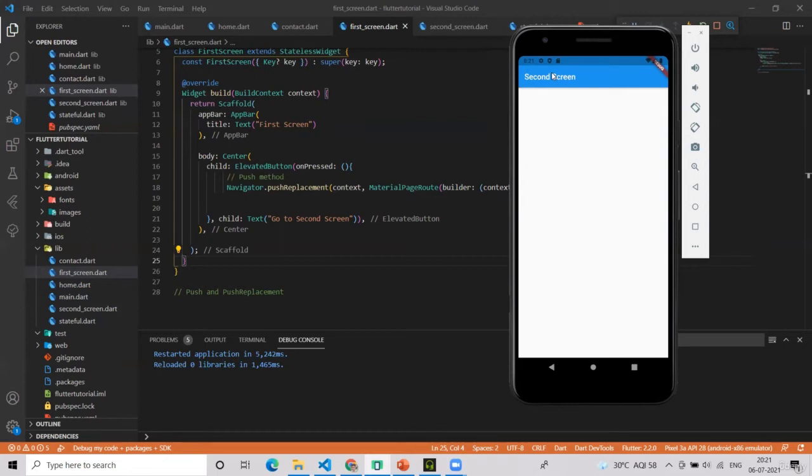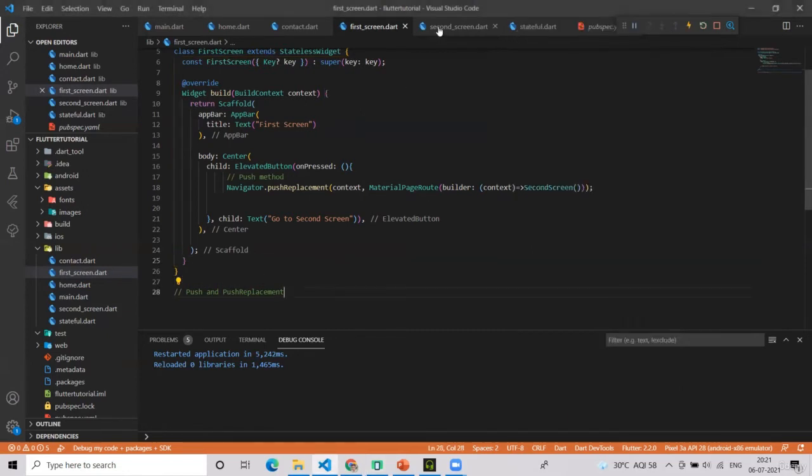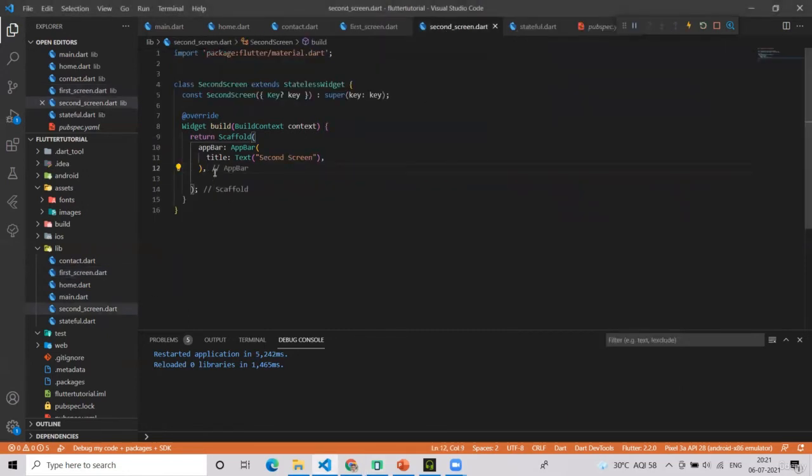Now we have learned how to push pages, but there is another concept of popping pages, which we will do here in the second screen.